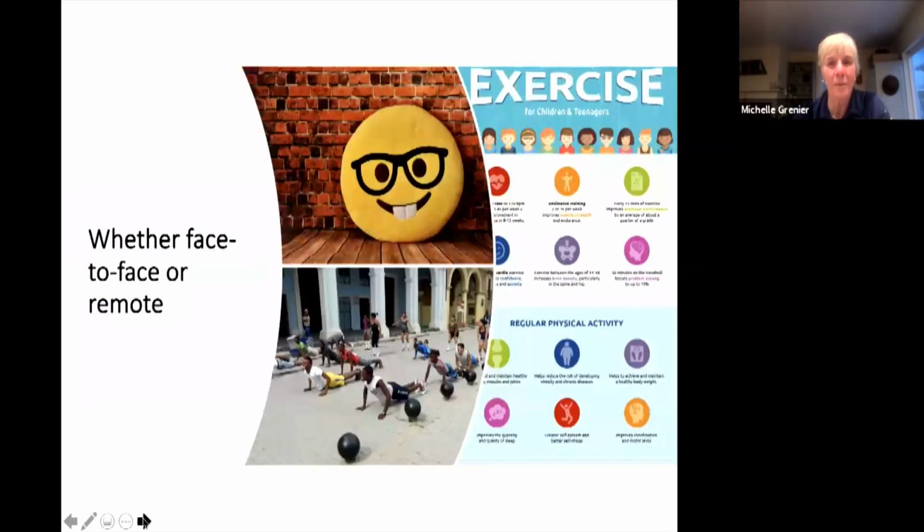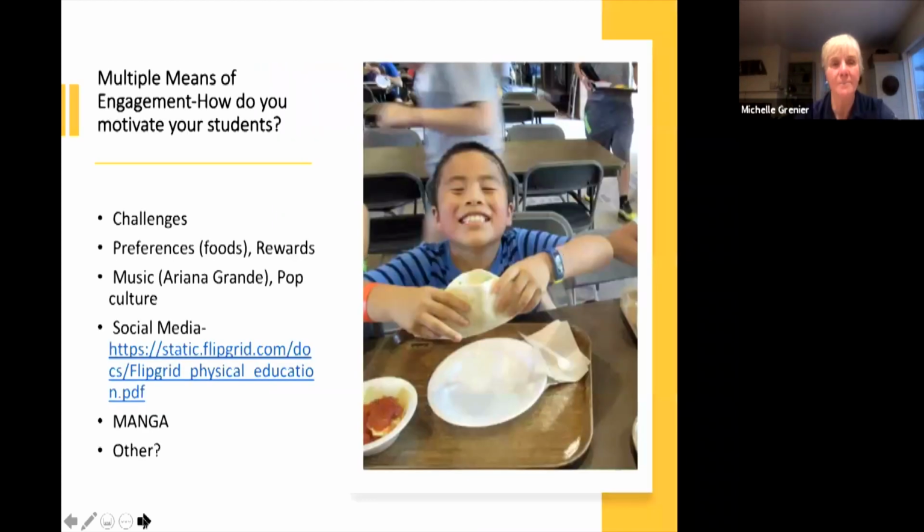So again, we're going to reinforce these through the next couple of examples, but as I mentioned early on, it doesn't matter whether you're teaching face-to-face, remotely, or asynchronously. You are embedding these principles into your lessons. And we're going to show, again, a few examples. But before that, Lauren's just going to reinforce what those would look like in your lessons.